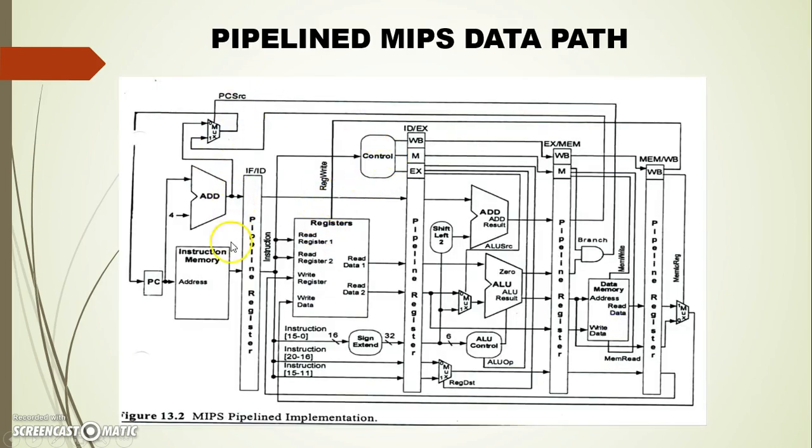As I told you, we are trying to efficiently use our hardware, so we are adopting the pipelined MIPS data path. It's the same as the traditional MIPS data path, just the output of each stage is given to flip-flops, or it is stored. So these blocks here, pipeline registers, are nothing but the flip-flops which are driven by the clock. It's a synchronous pipeline. Remember, the combinational logic between two registers has to perform its operation within one clock. So my clock frequency will be decided by the combinational hardware taking more time to do its task.